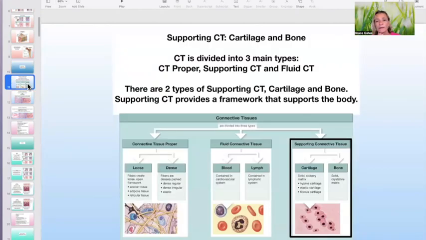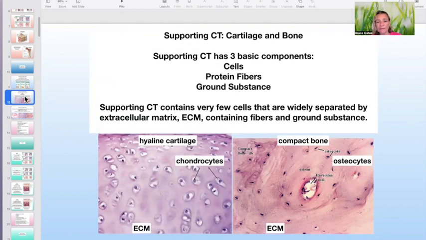Connective tissue is divided into 3 main types: connective tissue proper, supporting connective tissue, and fluid connective tissue. There are 2 types of supporting connective tissue, cartilage and bone. Supporting connective tissue provides a framework that supports the body. It has 3 basic components: cells, fibers, and ground substance. Supporting connective tissue contains very few cells that are widely separated by extracellular matrix, which contains, of course, fibers and